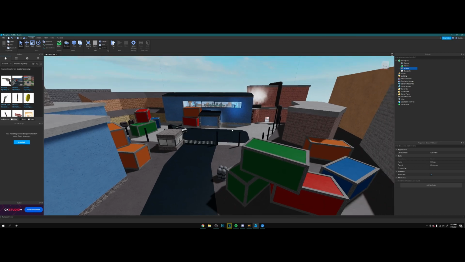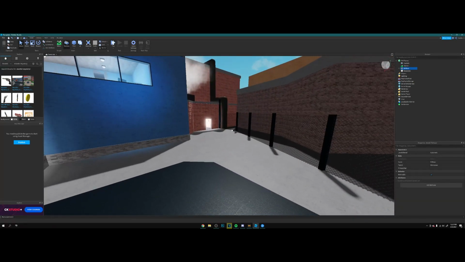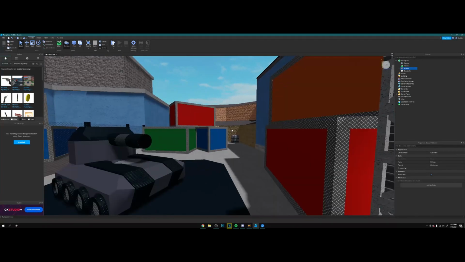If you can see right here, I have a murder mystery map. And if you could tell by the title, today we're going to be making a horror game kind of thumbnail. Basically we're going to have the mob boss. You know how Piggy has Piggy, right? And after Piggy released, there's a bunch of games that came out after